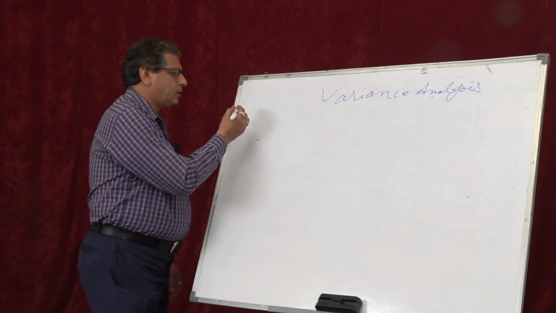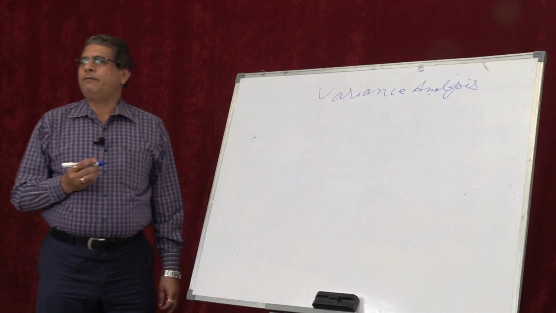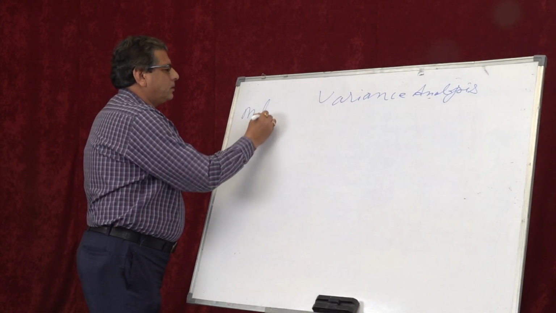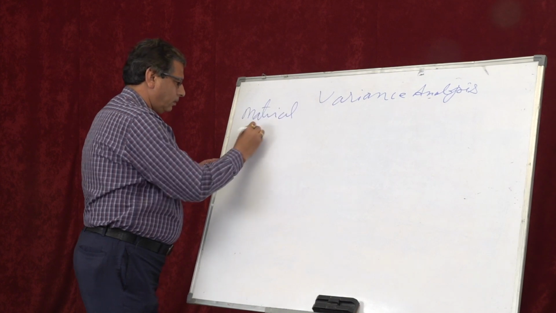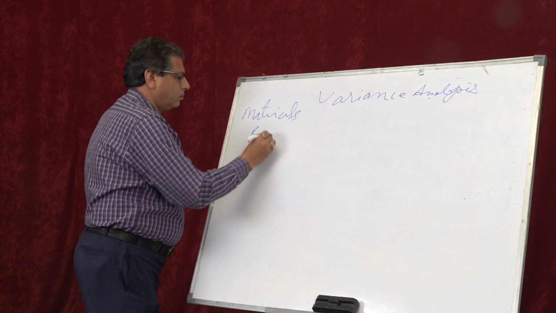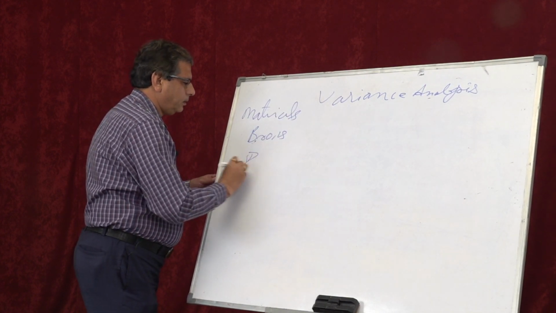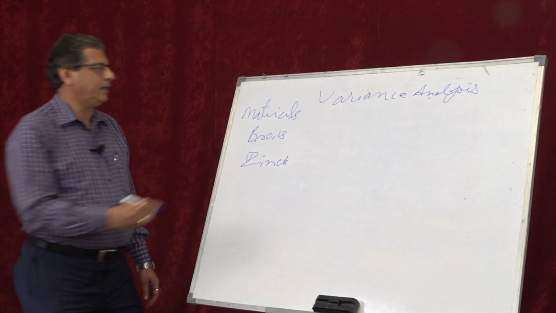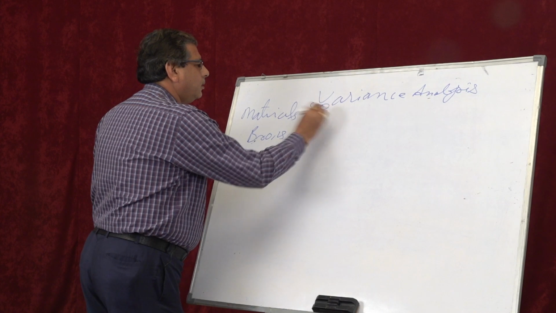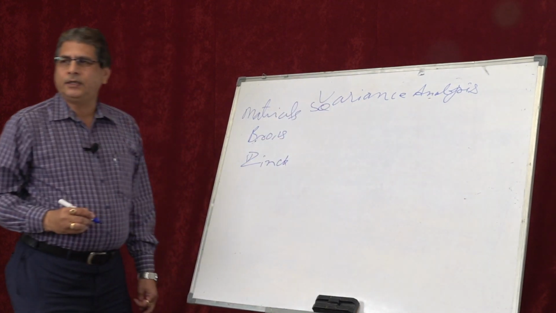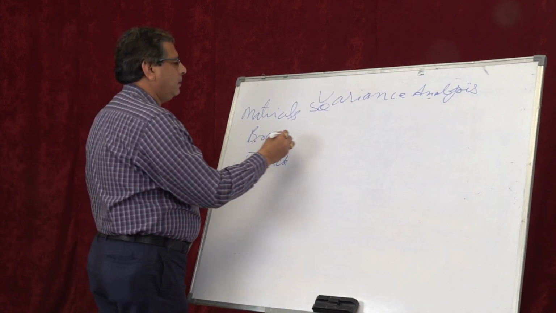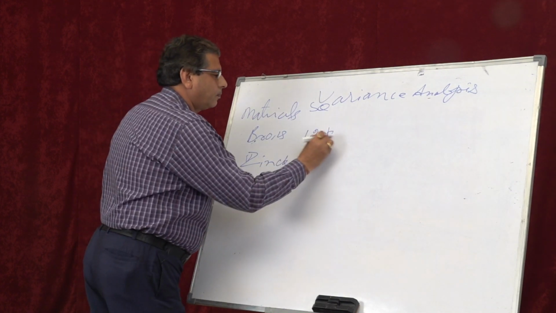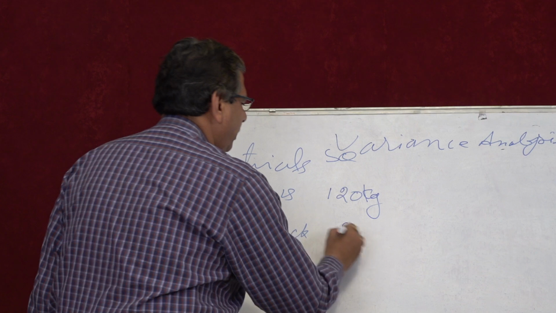So let's take an example of a foundry where two materials, brass and zinc, are used, and the pre-decided standard quantity is, say for example, bronze 120 kgs and zinc 80 kg,